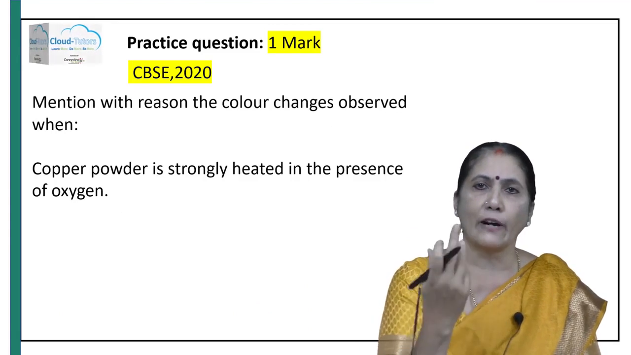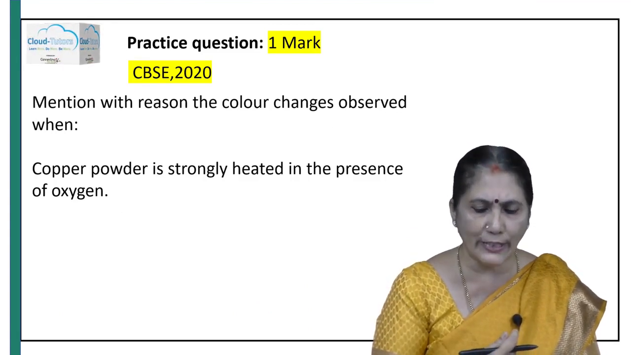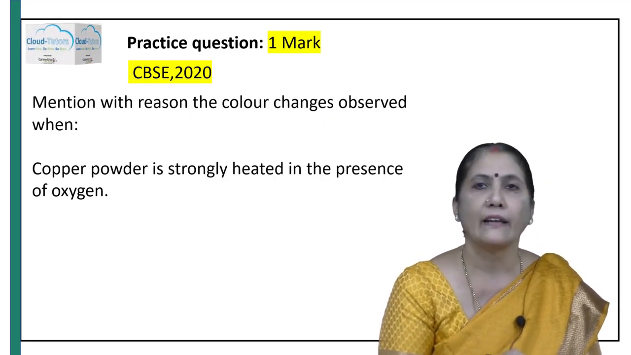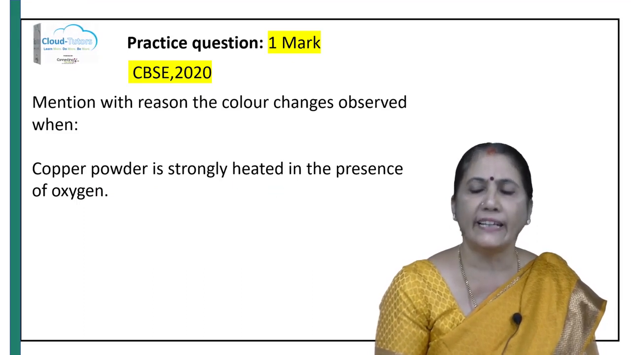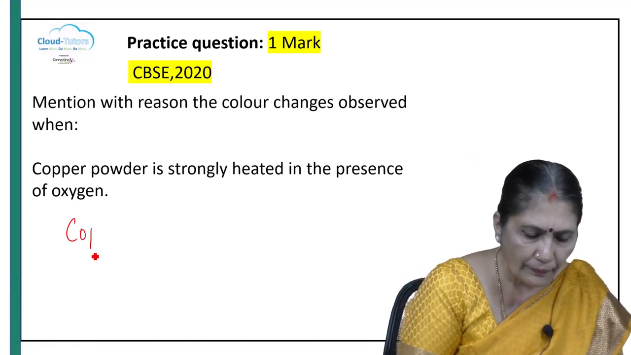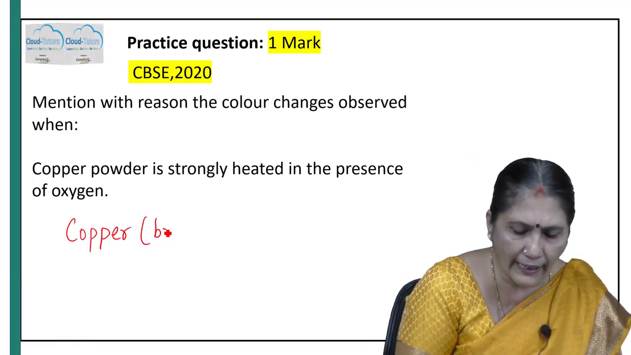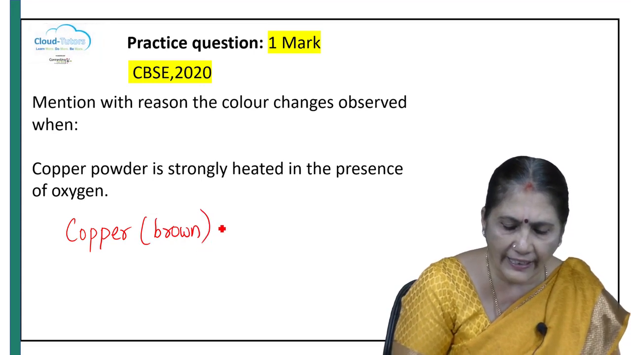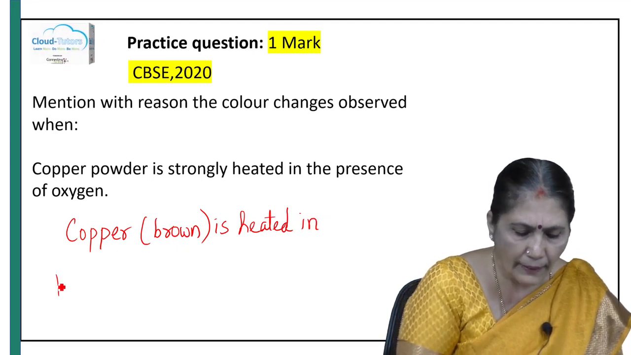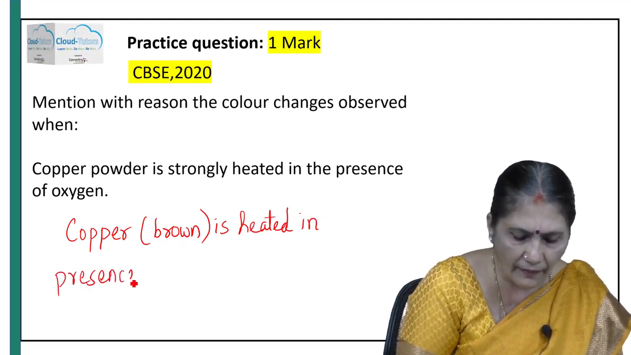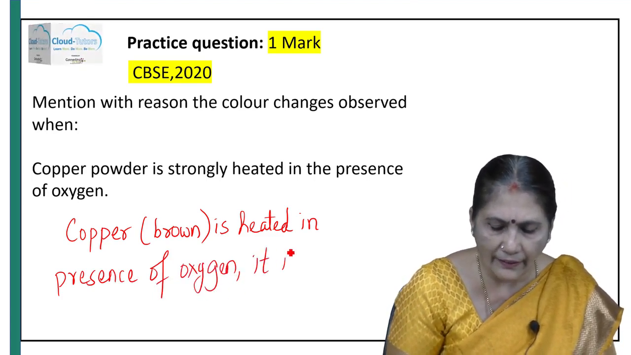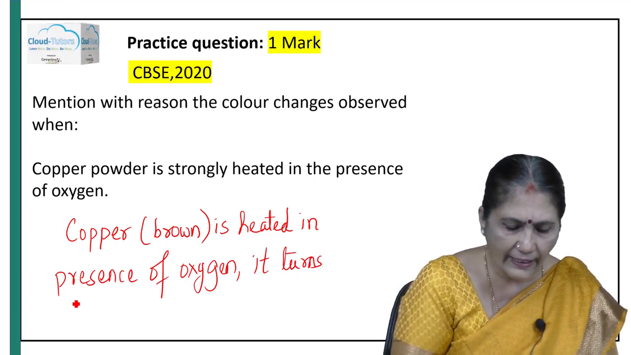Now, coming to the next 1 mark question that has been asked in CBSE 2020. Mention with reason the color changes observed when copper powder is strongly heated in presence of oxygen. So, copper, it is brown in color. When copper is heated in presence of oxygen, it turns black. We have seen it turns black